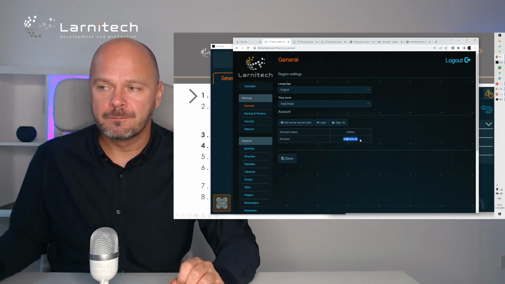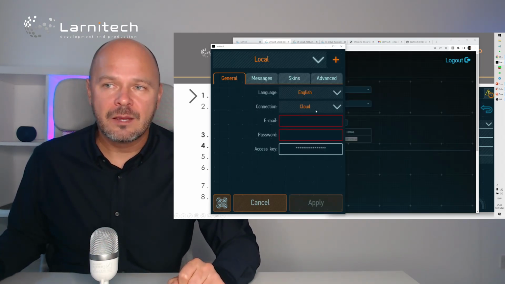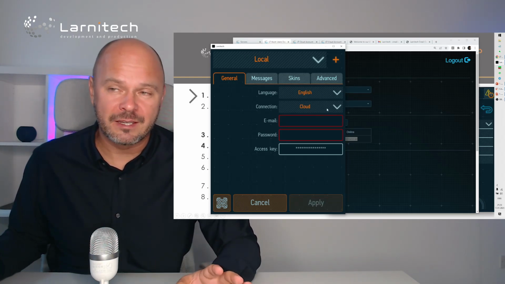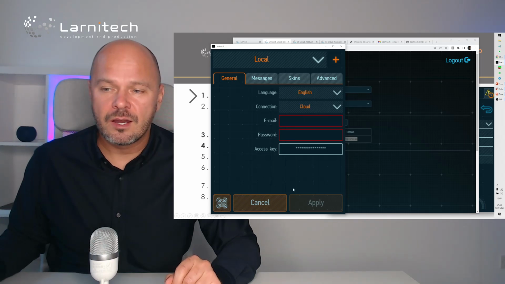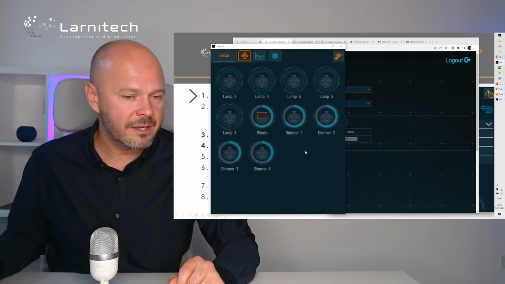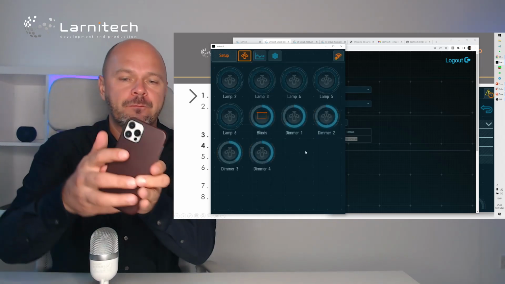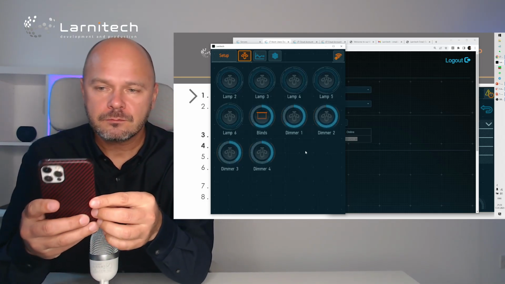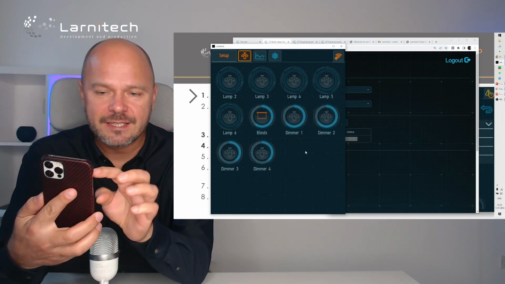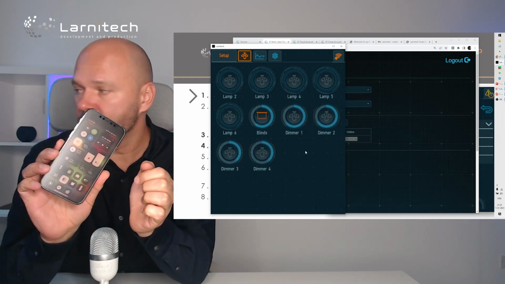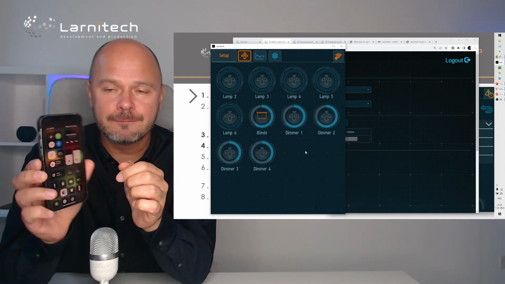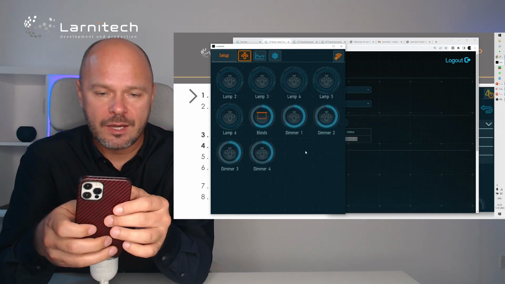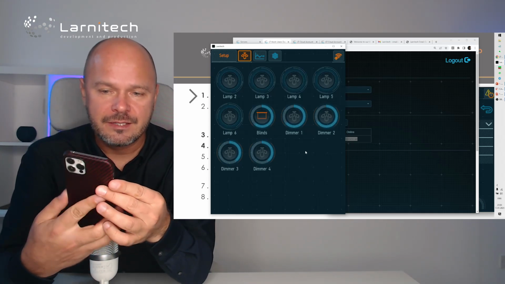I will not be able to show it to you on the computer because I have only Wi-Fi connection on it. So what I want to do is take the smartphone and disconnect it from Wi-Fi, so no Wi-Fi is connected. And now I run the Larnitech software